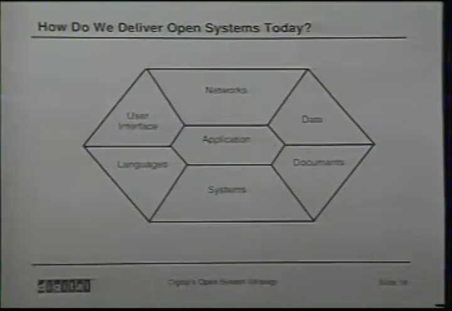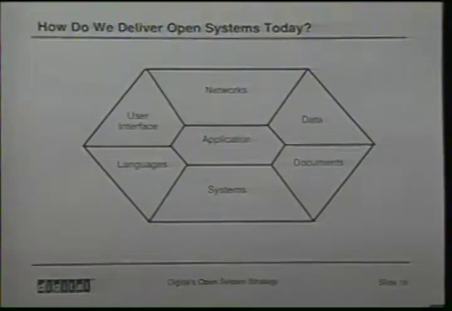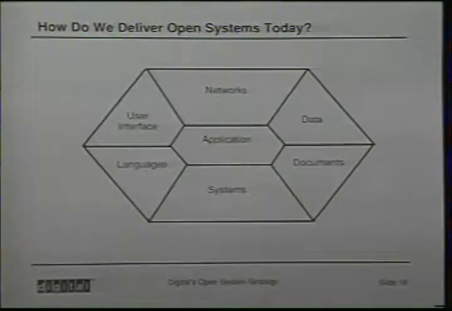How does Digital today deliver open systems? Well, I think the important thing, again, is to refer back to the fact that we're talking about an application environment. The application environment puts the application at the center of the model. The model we're going to use in this case is a hexagon. And again, in the middle of the hexagon will be the application. The application is surrounded by 6 doors, if you will. And these are the doors that need to be opened to have a truly portable application, because these are the 6 interfaces that the application has to relate to be truly portable.